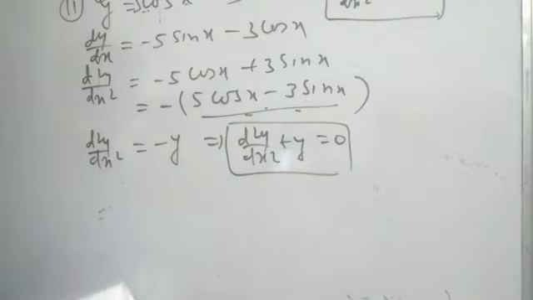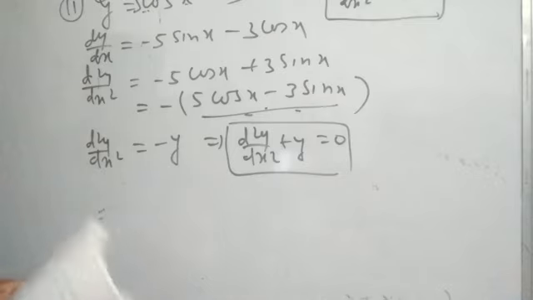A similar question is in example 39 also, you can follow it, 39 and 40 also. In place of 40 you have to find the values of d2y/dx2 and dy/dx, and in place of y you have to put the y value. Then on the LHS, after putting these values, all terms will cancel out, and we will get the value of the RHS, that is 0. After everything cancels out you will get 0 easily.